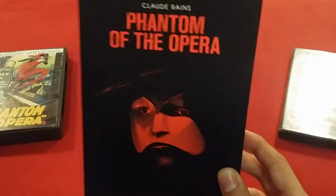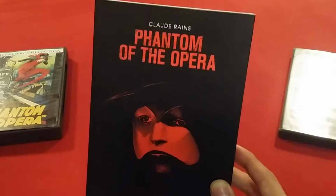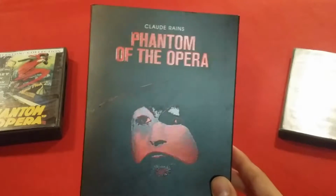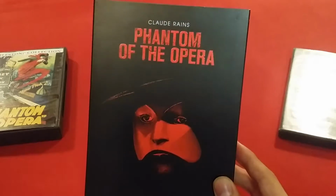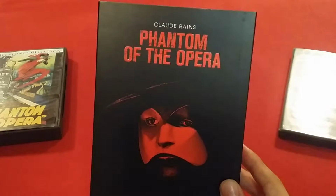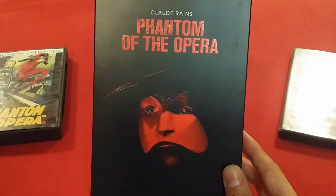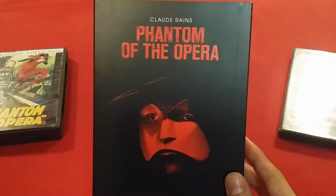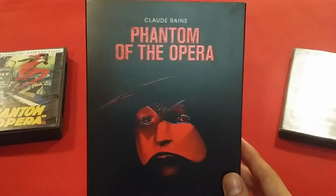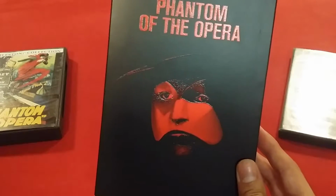Now this one in particular is really cool. This is a brand new one that I just picked up a few weeks ago. This has a glow-in-the-dark slipcover. And these are exclusive for a limited time at Walmart. I saw them at Walmart one day, and I thought they were so cool. They're basically selling, just for Halloween time, the Universal classic monster films with these really cool glow-in-the-dark slipcovers. I won't be able to show you what it looks like because I don't think it's gonna